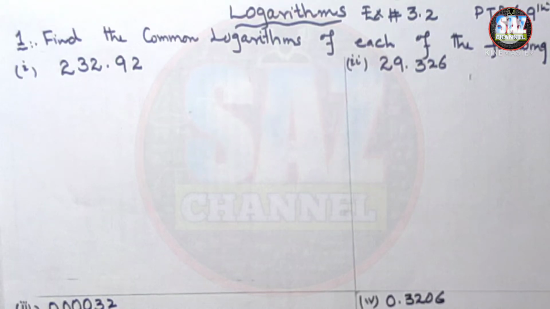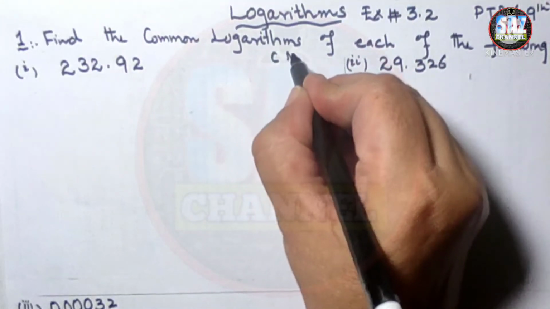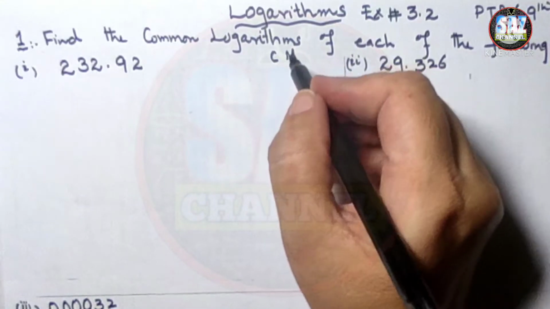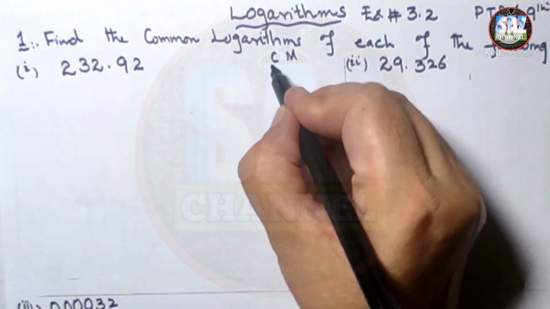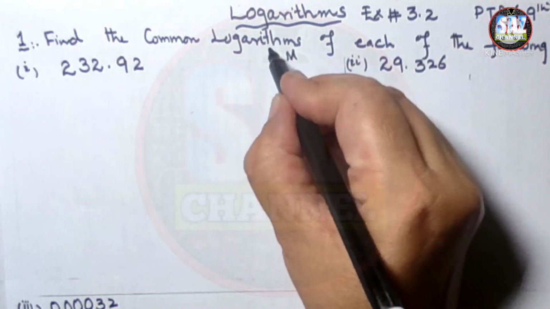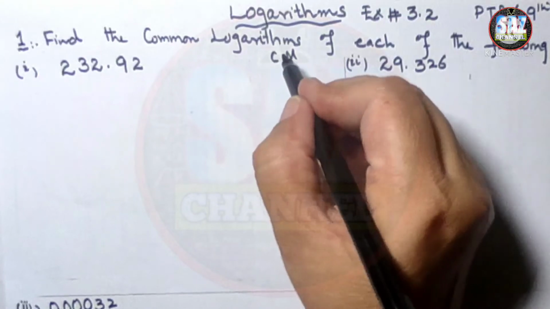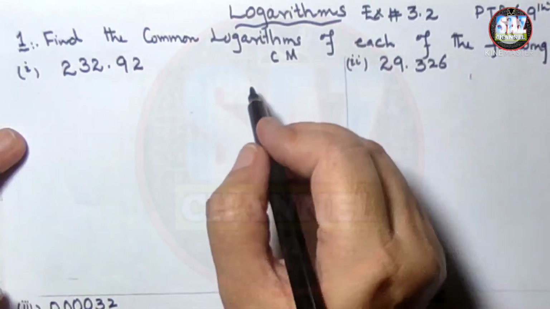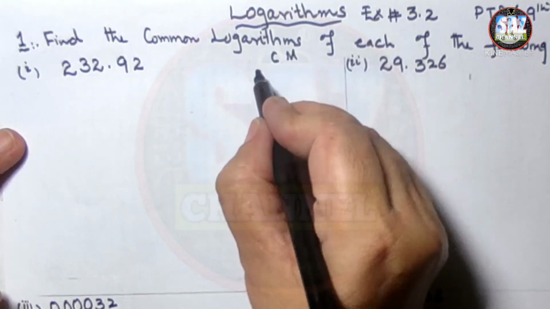232.92. We know that log of any number has two parts. One is the characteristic and one is the mantissa. And how to find the characteristic? For that purpose, it's important to write the number in scientific notation. And in order to write this number in scientific notation, for characteristic purpose, what I will be doing,